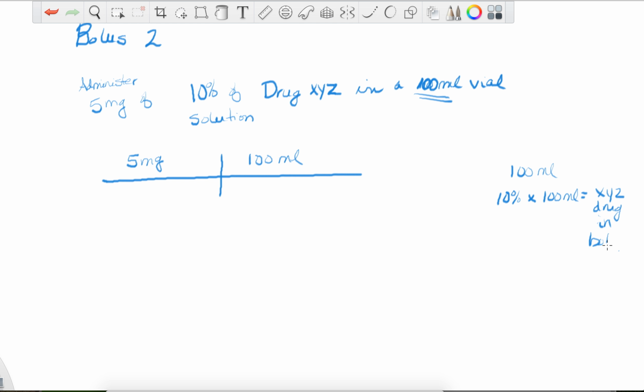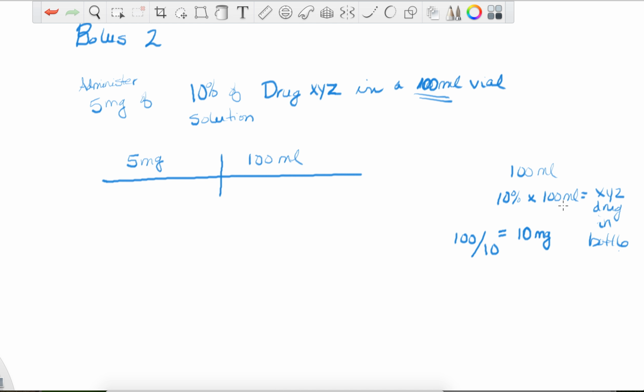All right, so 10% of 100 is basically saying 100 divided by 10. Okay, so that equals 10. All right, so 10% of 100 is 10, so that means there's a total of 10 milligrams